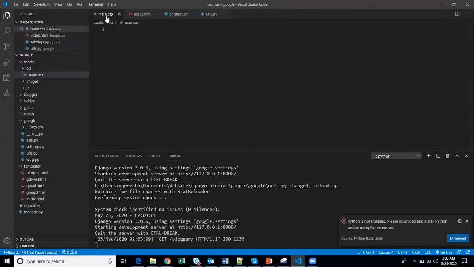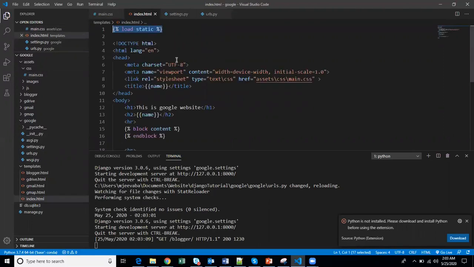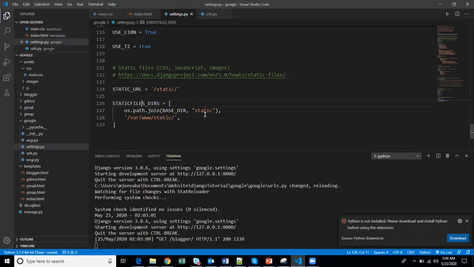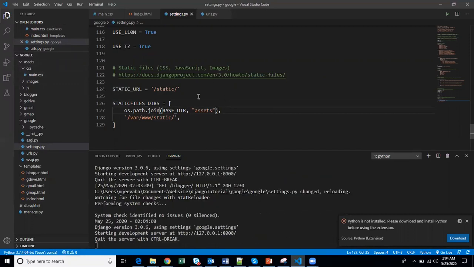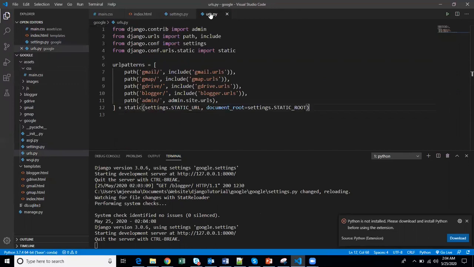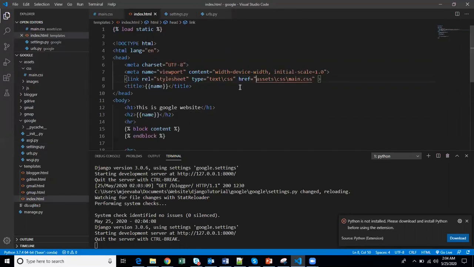But what we have to do is, before in HTML, this is not a static file path. For this, we need to give assets instead of statics, because we created an assets folder, right? So assets should work. To call these assets, what we have to do in index,